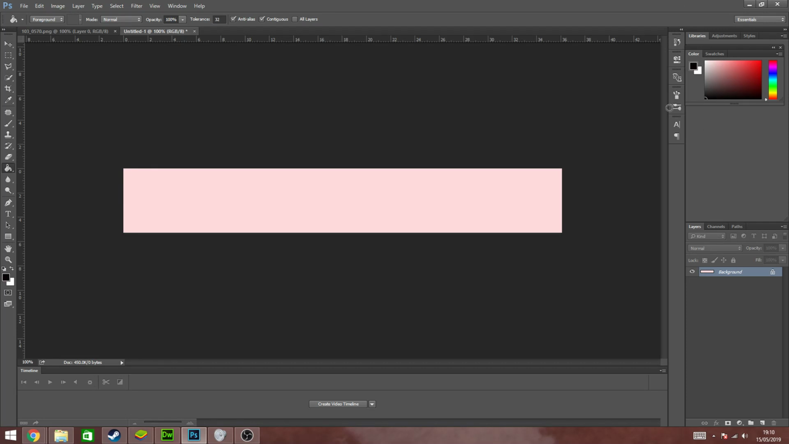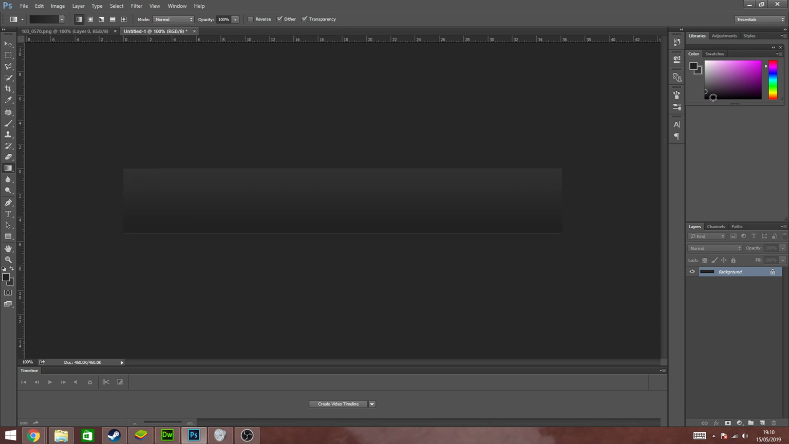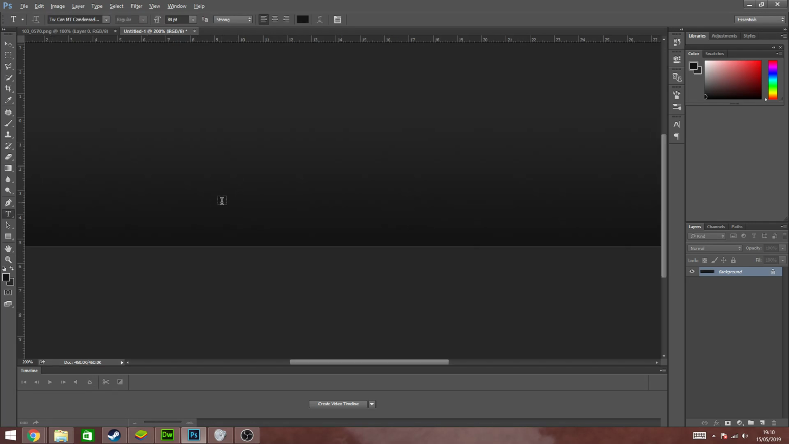So let's just use a black background, or we can do something fancy. If you hold click on the paint bucket tool, go to the gradient tool, then we could create a gradient background. Let's see. If we do this, oh, it's a bit too light. So yeah, if we do something like that, and then we could do a